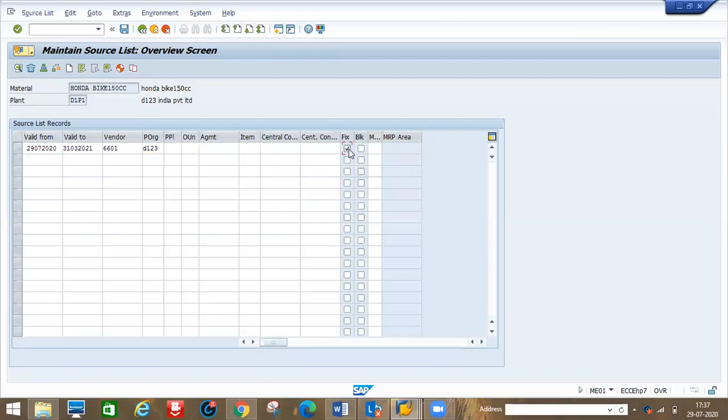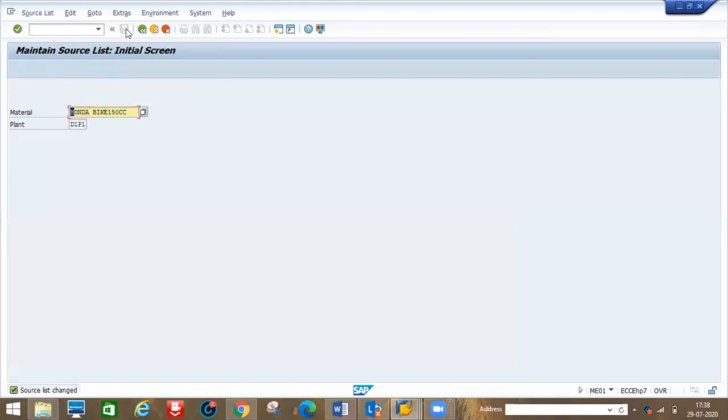That means if you fix this vendor, this purchase organization, this material here, the PR will be converted automatically. When we create a PR, after the PR is approved, it will be converted. We'll see how that comes when you create the purchase requisition. Okay, save. Now we'll go to